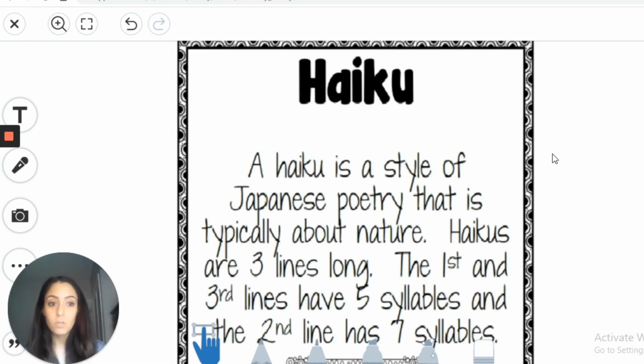So that's why we're going to brainstorm together and think of a lot of good topic ideas. So if you're having a hard time picking one of your own, you'll be able to look at that list and then pick one of those. So it has to be about nature. It also has to be 3 lines long. So remember that a line is like a sentence in a poem,